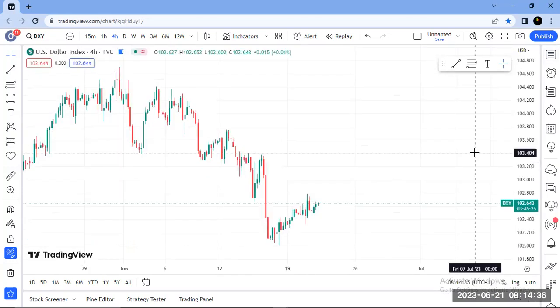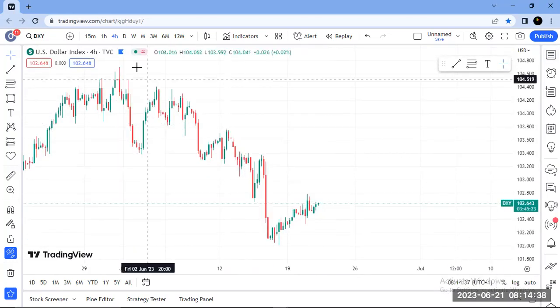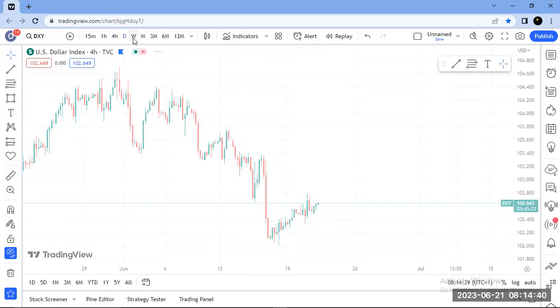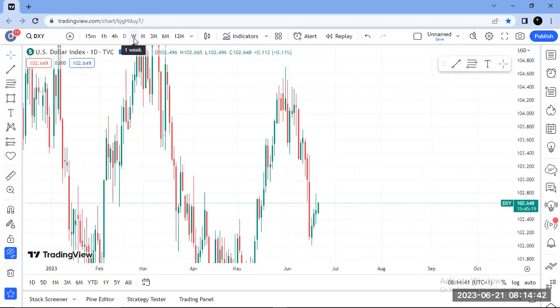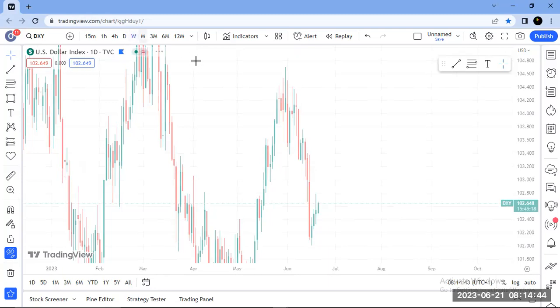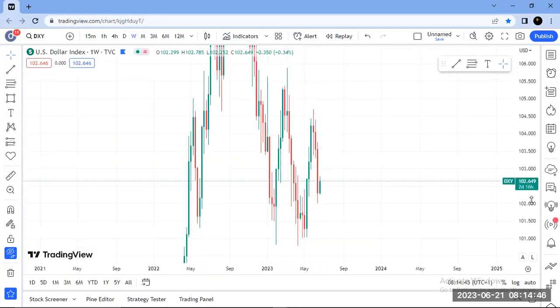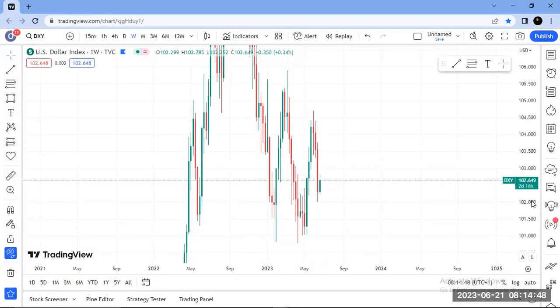I'm just going to be quick about it from the weekly time frame. Now, when you come into the week, you want to be very observant of how price is